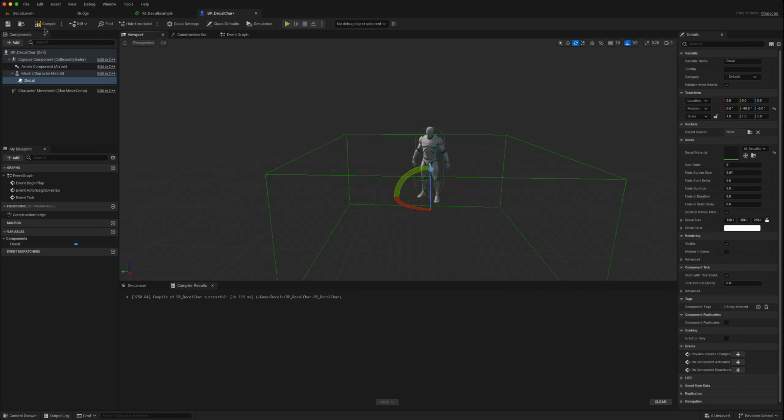In our example, we could make this a lot smaller. We could just say maybe 200, 150. And it will have a smaller ring. We can create this kind of an effect where it was pulsing in and out just by taking advantage of a material parameter collection. So we go to Materials,